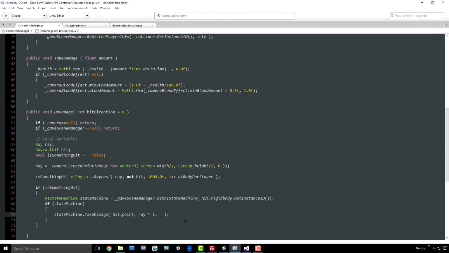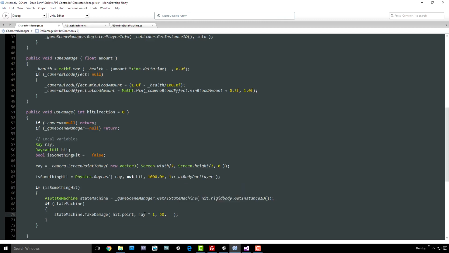As the third parameter is the amount of damage we wish to actually take from the zombie's health. We'll take, I don't know, for this test 10. No, we'll just take 50 for now. Once again, this is going to be a property of the current weapon that is being used to call this function. So this line of code here where we call the take damage function of the zombie that we've hit,